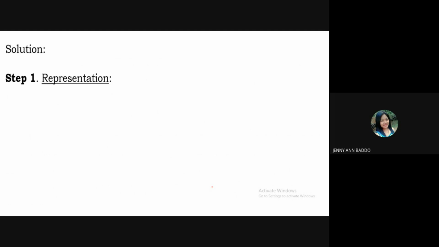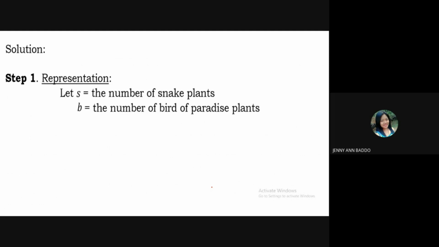Since we are on linear inequalities in two variables, we let one variable be the number of snake plants and another variable be the number of bird of paradise plants. So if we let S be the snake plants and B be the bird of paradise plants,